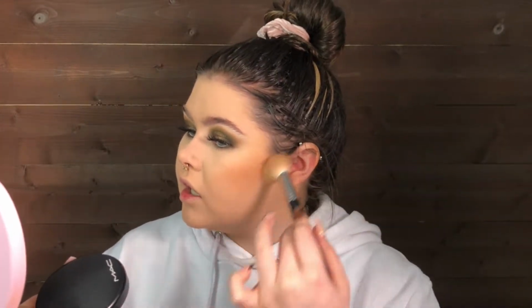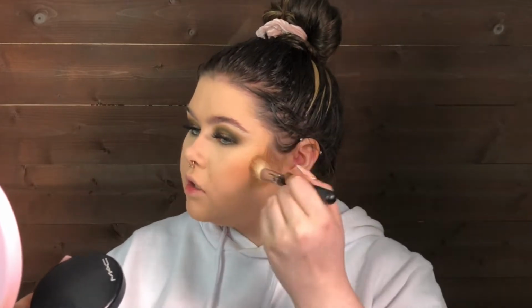So I'm just gonna go in from there, dragging it across. I feel like if you drag it down, you're gonna make yourself look chubbier because you're gonna take away that definition, because your cheekbone goes up and round instead of down. So I'm gonna keep it on the higher side, kind of going from here to here, as opposed to down to your lip, which I know a lot of people do, but I don't feel like it's that